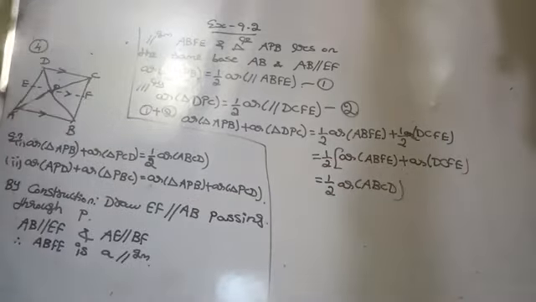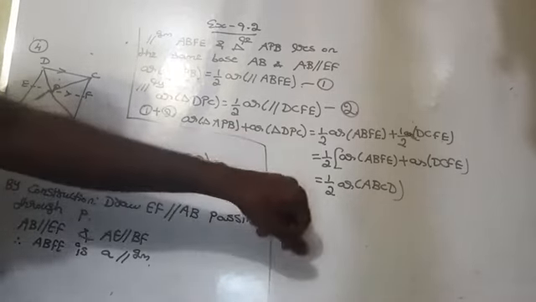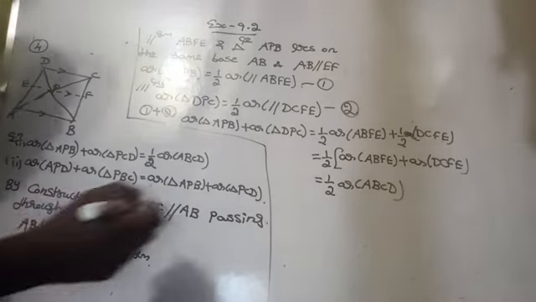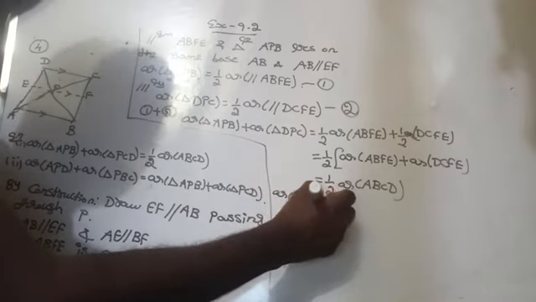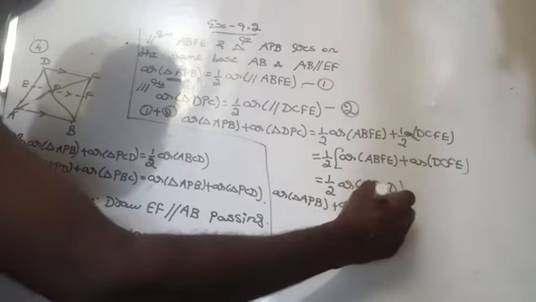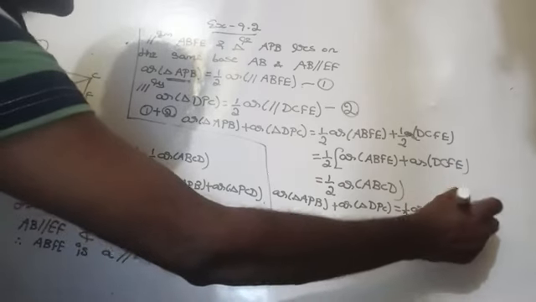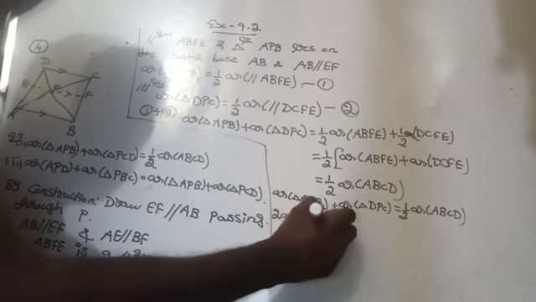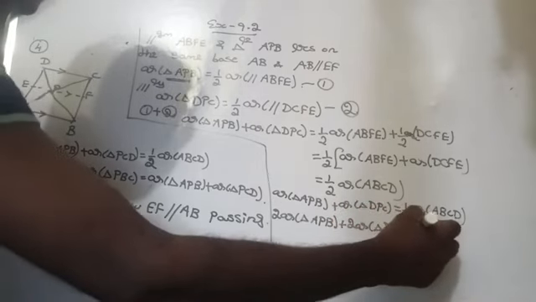So here we proved the first part: area of triangle APB plus area of triangle DPC equals half of area of ABCD. Are you getting there? Yes. You have to do one more thing. You have to prove the second part now. Now, here we have area of triangle APB plus area of triangle DPC equal to half of area of ABCD. After that it is very simple. Bring this to this side, then it will be 2 times area of triangle APB plus 2 times area of triangle DPC, that is equal to area of ABCD.